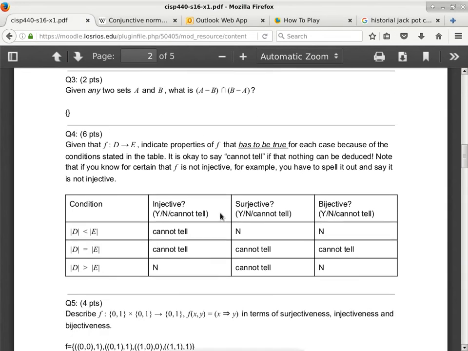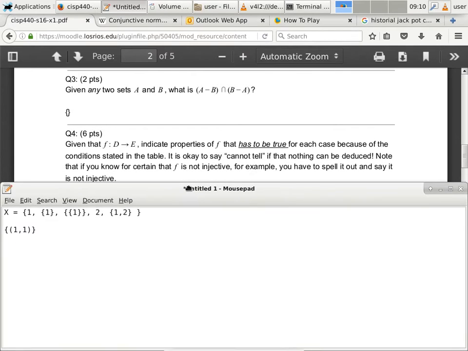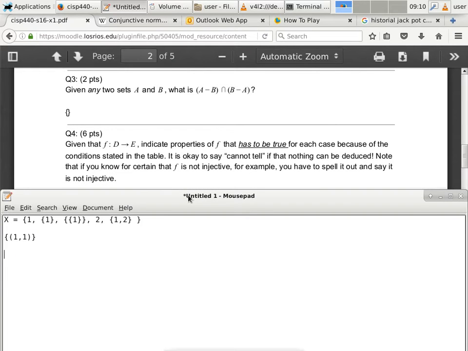Next question is number 4. Number 4 is asking, given that f is a function that maps from a domain D to a codomain E, indicate properties of f that have to be true. This is not something that can be true, but it has to be true because of certain properties. For each case, I'm going to show you the table. Because of the conditions stated in the table, it is okay to say cannot tell